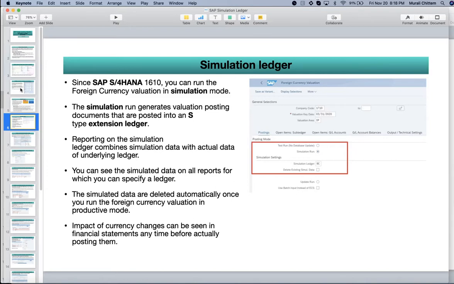Basically, we'll have the exchange rates, and we can see the impact of foreign currency valuation. I worked in a couple of projects where they used to do hedging in foreign currency. They used to take a huge loan in foreign currency. For them, it is mandatory because in treasury they have to have some reports, and they need to analyze the impact of foreign currency fluctuations. So this is beneficial for those types of companies. For companies which are not transacting in foreign currency, it may not be useful.